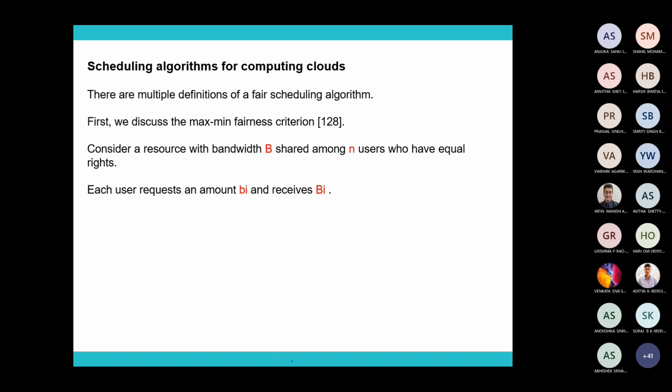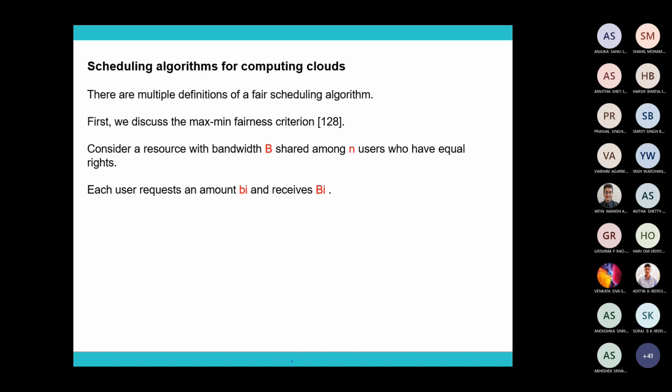One of the important things to be considered in scheduling is that we have to make sure the scheduling is fair. When I talk about fairness, there are different definitions and implementations of fair scheduling algorithms. Maybe we will see one or two of them, and how exactly a fair scheduling algorithm works. First, let us look at one of the simple ways fairness is evaluated, that is the max-min fairness criterion.